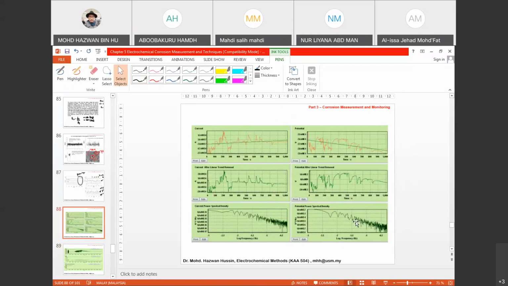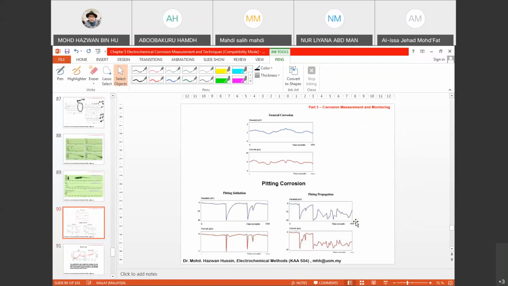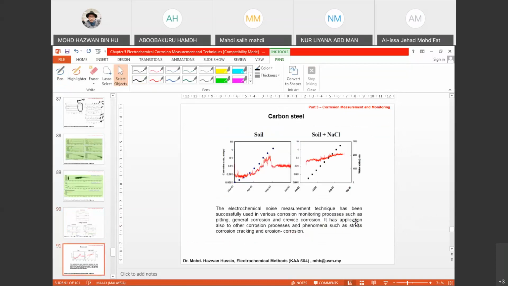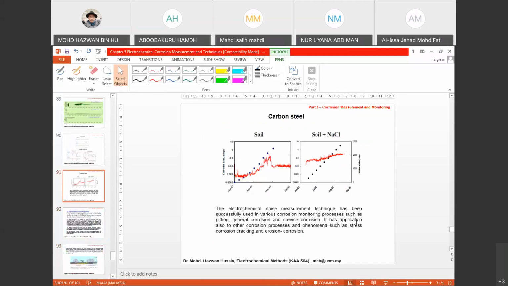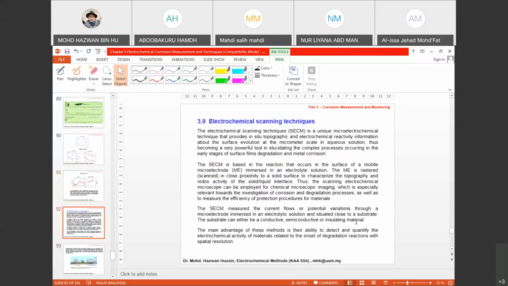Okay, other examples just to show the difference. I guess I will go through this in detail again. Probably if you notice, for this one you have carbon steel tested in soil, and also with the presence of NaCl. So you can see that at different times of immersion, the corrosion rate values fluctuate at certain times. This is actually due to the formation of pitting, of course. So any questions so far for electrochemical noise before we move on to the last part,